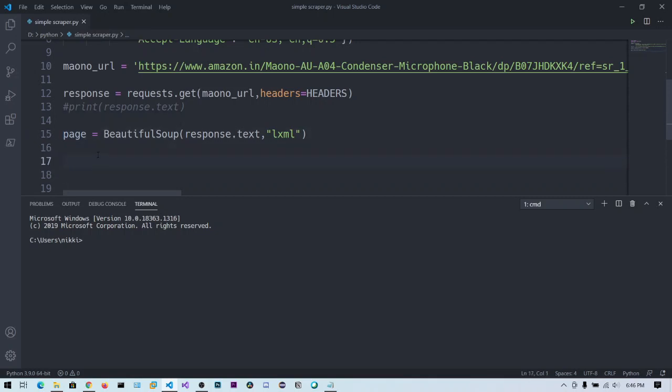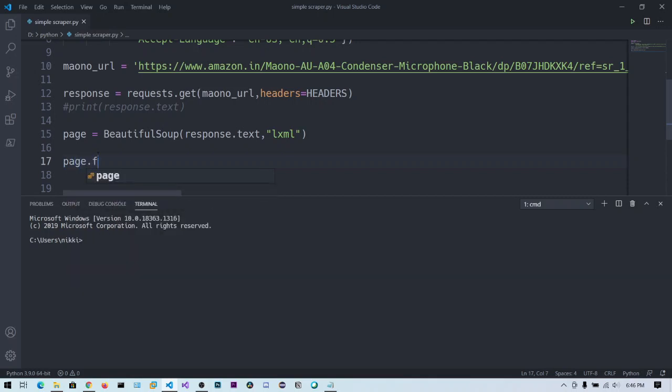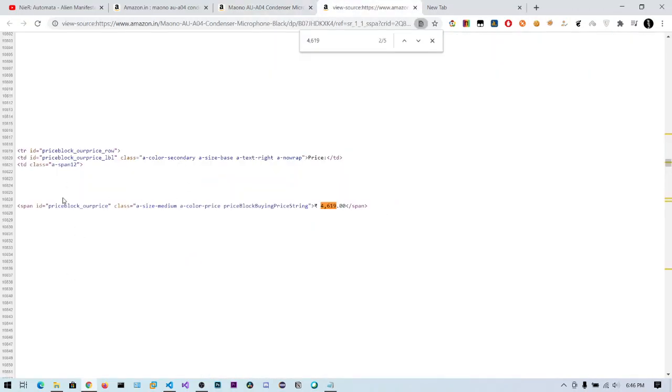Now we can say page.find of, and we need to give two elements, that is the tag name and the ID name, because we want to find the span tag and the ID. There will be so many span tags, so among those span tags we need to find this one, 4619, with this ID.